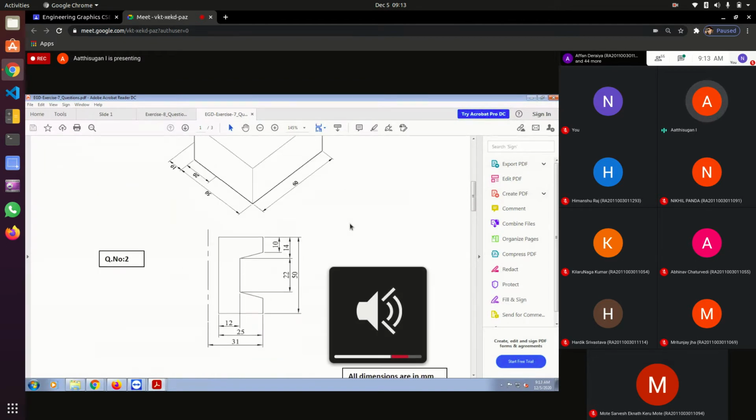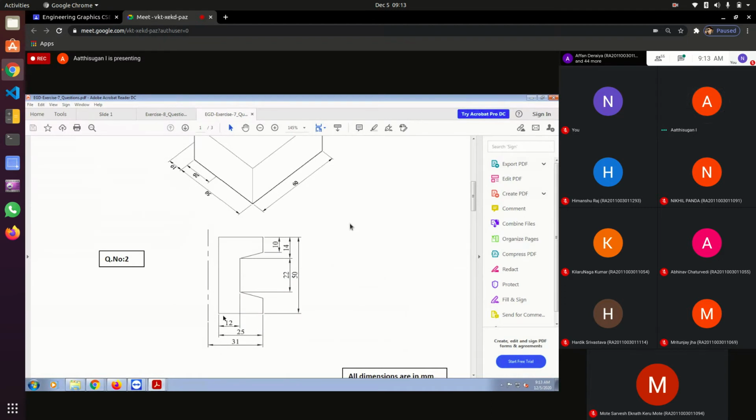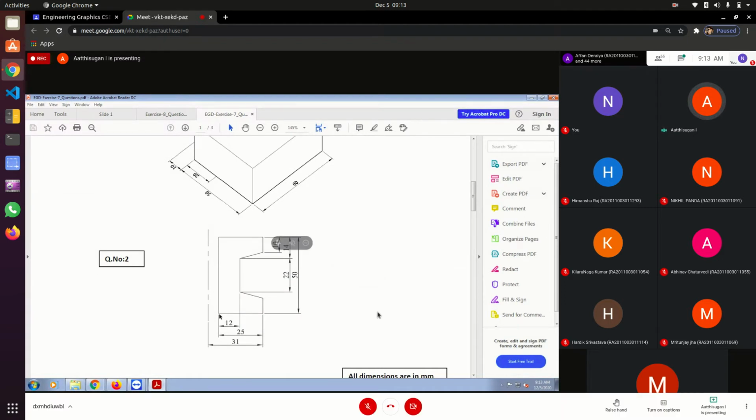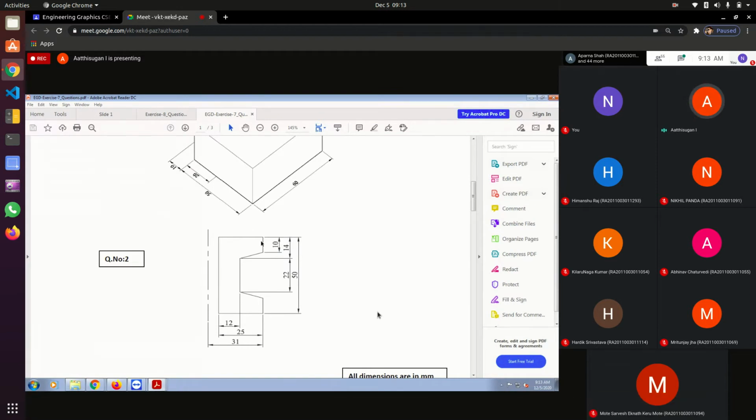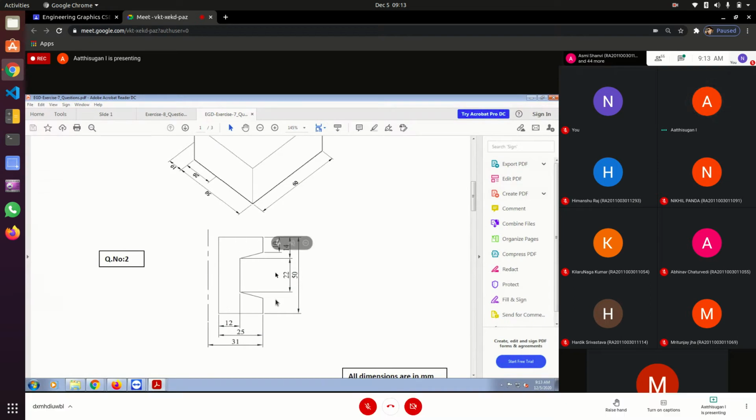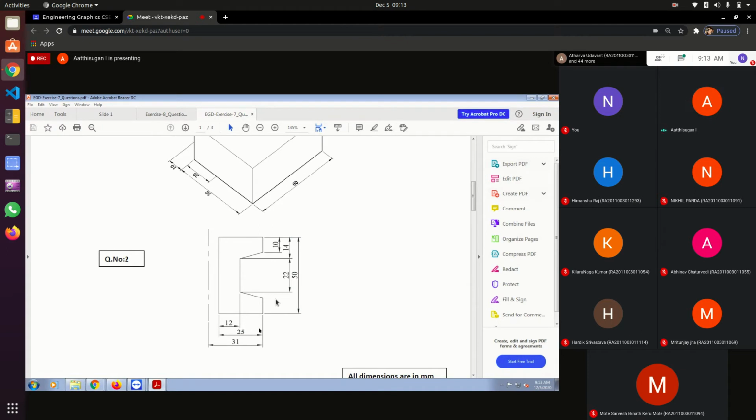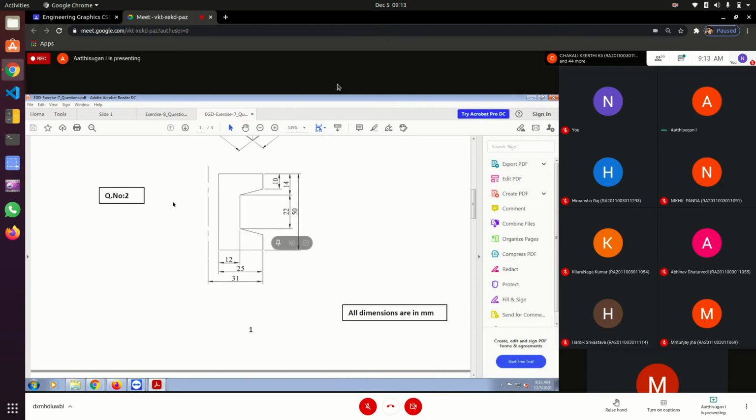Second question, as per dimensions, you have to draw this pulley. All the dimensions are given. You can start from any one corner. Draw the dimensions, and with respect to this axis, you have to revolve. The only command we used for drawing this object is the line command. Then using join, convert everything into a single object. Then revolve, for 360 or 180 based on the question diagram. That is the second question.